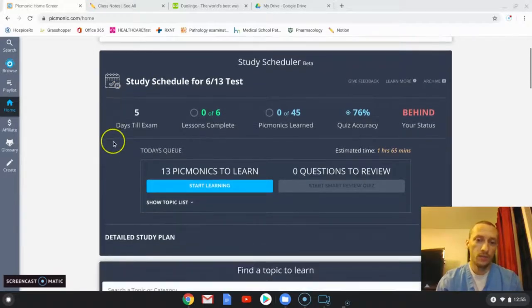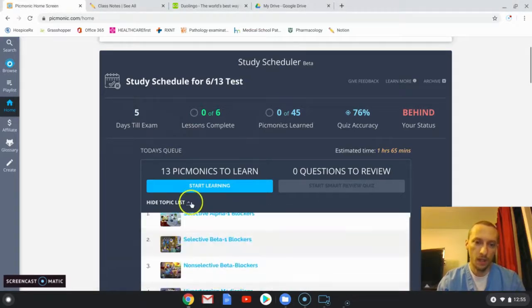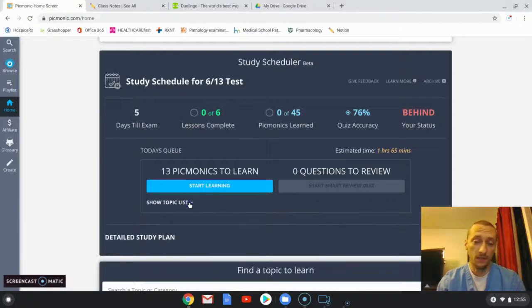Another cool feature that they just started is a weekly study schedule. You can set it for, I set mine for 2 weeks. This is more like a practice one. Well, 5 days left, but I was just trying to figure out how to use this. But essentially what it does is you can make a topic list of what's going to be on your specific test. So if you're going over cardiology or pulmonology, you can set up your own